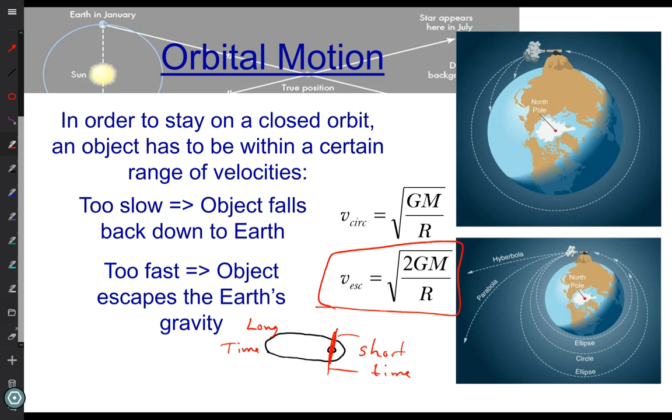So it turns out that with the Earth's mass and the radius of the surface of the Earth, at normal surface temperatures, somewhere around 20 to 30 degrees Celsius, the speed of a hydrogen atom is faster than 11.2 kilometers per second on average. So that means that the Earth actually can't hold on to hydrogen gas. Hydrogen gas escapes because it's going faster than the escape velocity. On the other hand, also helium escapes.